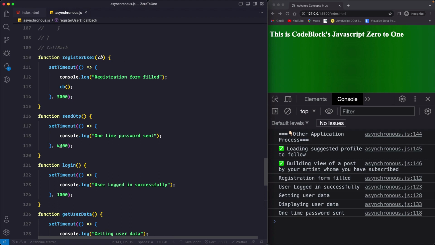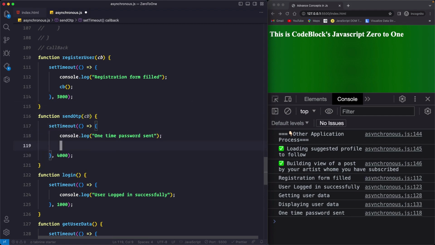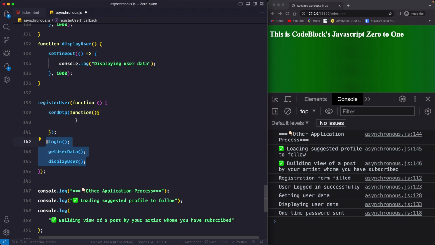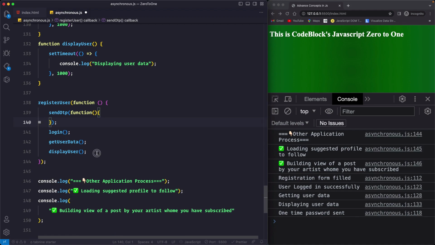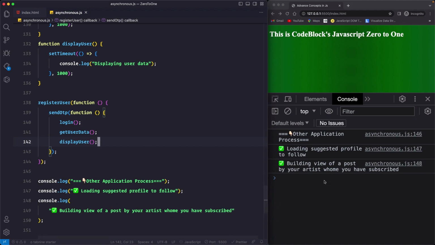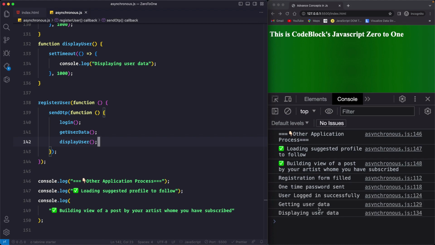Now how to solve this problem? To solve this problem, again we are going to use the callback. So here we are just going to pass this callback, and then we are going to execute this callback like this, and then we are going to pass this sendOTP function, and inside this function we are going to execute all of this code. Let's cut it here, paste it here. Now if I save this, you'll see that we are able to solve the problem. So registration form sent, after this one-time password was sent, user logged in successfully,